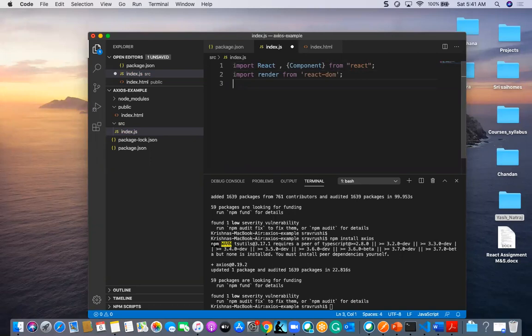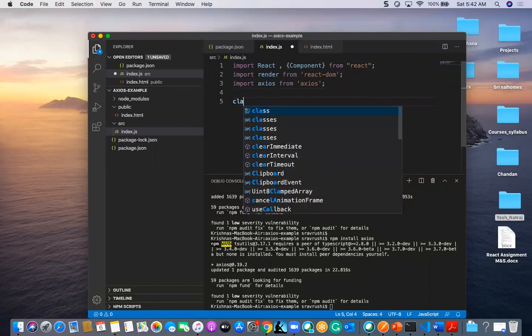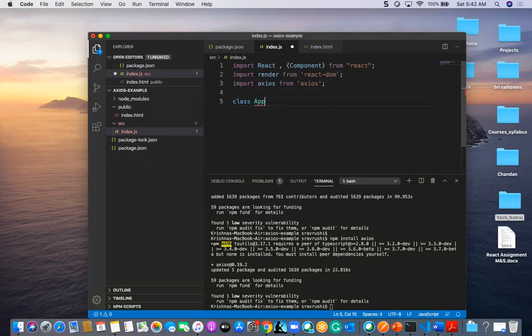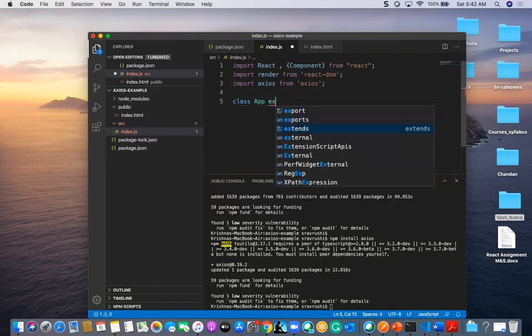And one more thing I want to do is import Axios from the Axios library, and I am going to start the class, class extends